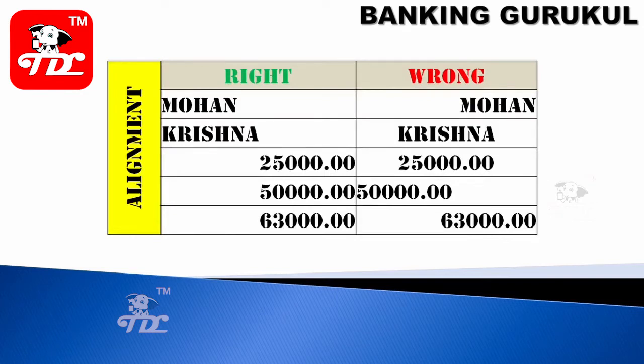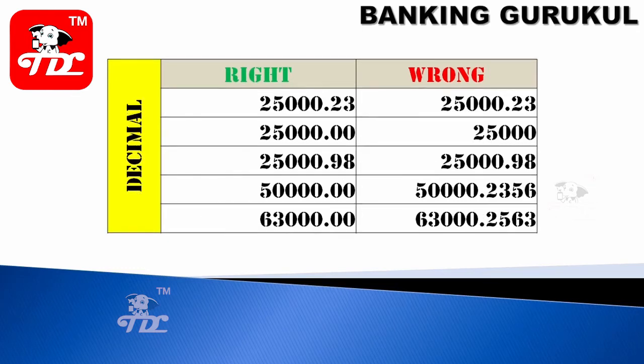Alignment: always see that numeric is right aligned and alphanumeric is left aligned, then it looks good. Normally when the application goes to the client, before testing functionality, he will first verify the alignment, spelling mistakes or standard of words. These things will be verified by the client in UAT.